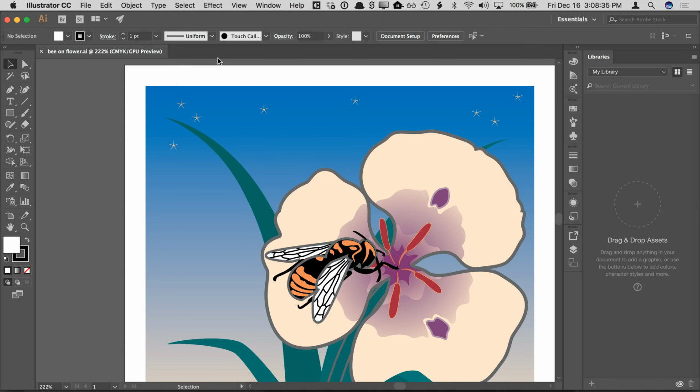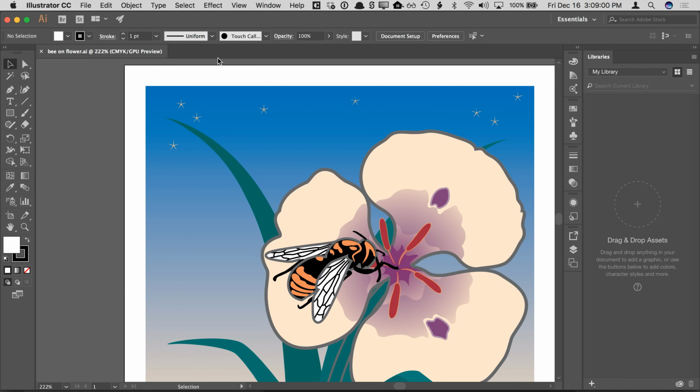Now, normally you would not create the same element twice, the same drawing twice in two different programs, but I want to show you the difference between Illustrator and Photoshop, just so we're clear about when you should use one versus the other. There's definitely overlap between the two, but sometimes there's clear right and wrongs as to which program you should be choosing. So fundamentally, the big difference between Illustrator and Photoshop is that Illustrator is what we call a vector program,